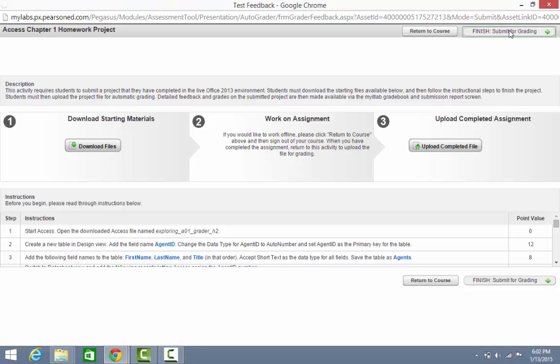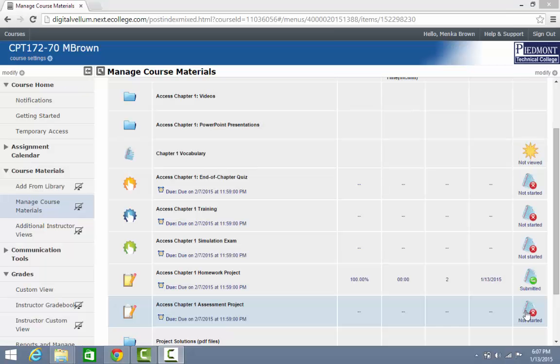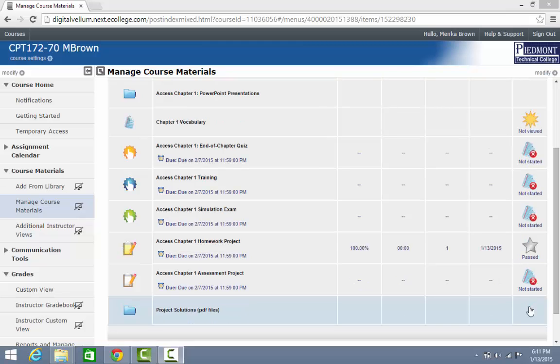When you click that button, it will take you to the page that tells you your file, and whatever your file is, has been successfully received by MyITLab Grader. Once that happens, you'll want to click Return to Course. You will then be taken back to your Chapter 1 folder, and you can scroll and see the grade on your project. This concludes the video on downloading your project files, saving the file, and then uploading and submitting it